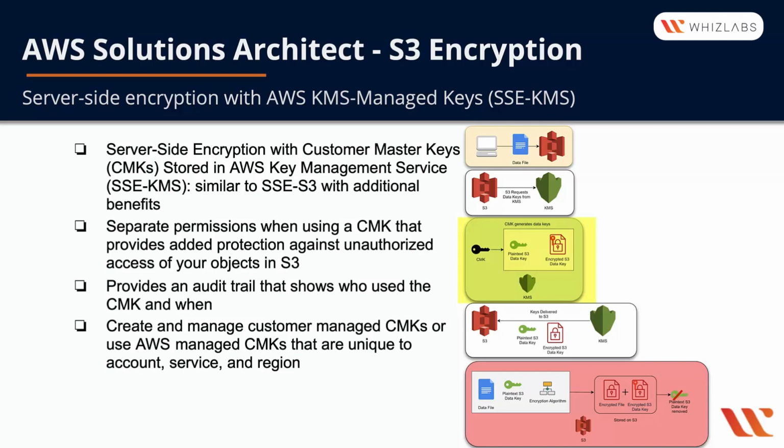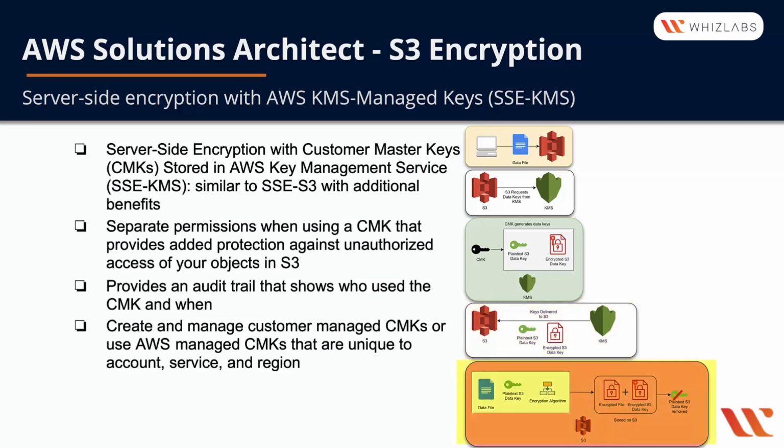And then in step 3, using the customer master key selected during step 1, the Key Management Service, or KMS, generates 2 data keys, a plain text data key and an encrypted version of that plain text data key. And then in step 4, KMS sends both of those keys, the plain text data key and the encrypted data key, back to S3, and this will allow S3 to perform the encryption needed, which happens in step 5,